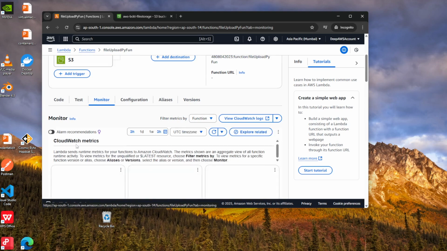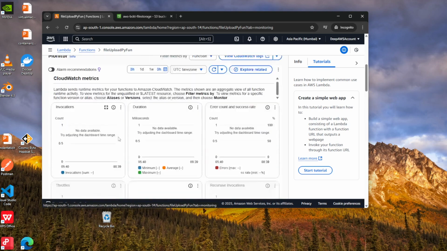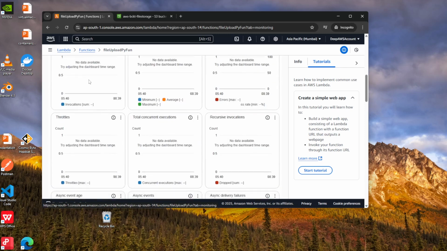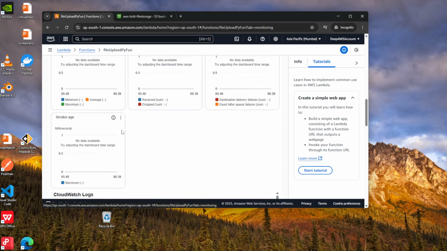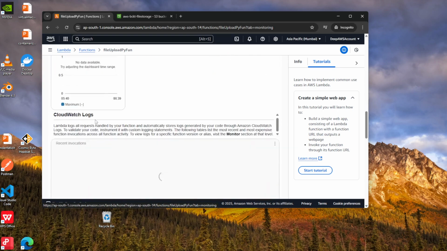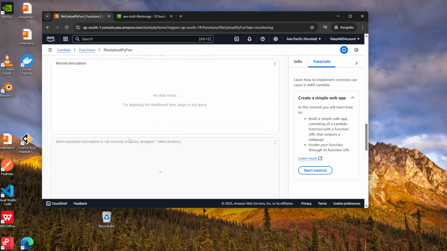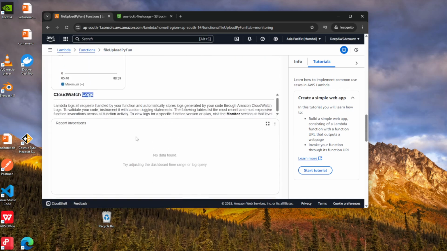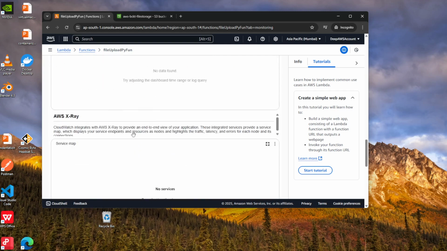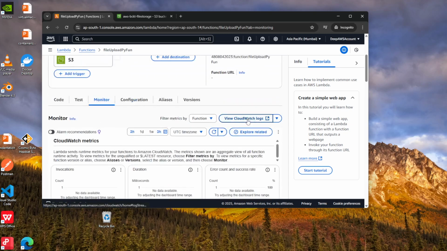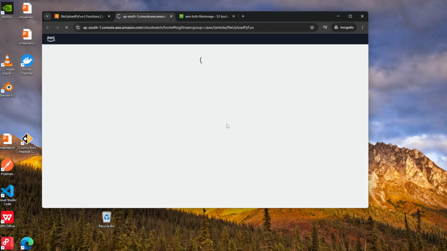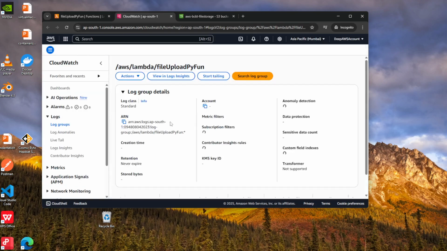in which it will show us the CloudWatch metrics. So it will show you everything related to the metrics. Here is the count 1, duration and all these things, and these are some CloudWatch logs. It will show it here. So it will take some time to reflect it here, but meanwhile we can check. We can click on this view CloudWatch log, which will open one new tab, and from here we can check